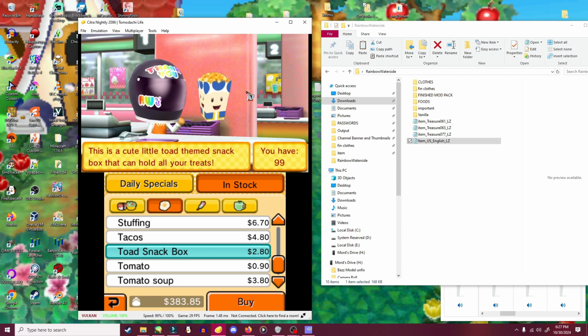So hopefully this tutorial helped you. Again, just remember, in most cases, for items and treasures, like for just items in general, treasures, foods, the little items you give to the Miis for gifts like the mirror and stuff, using Cookie is your best bet. It's your best practice because you have